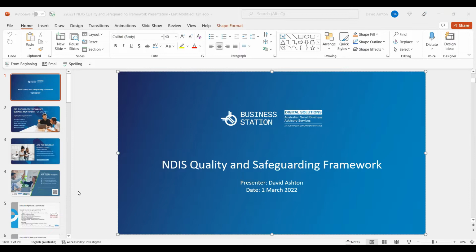The purpose of today's session is just to look at the NDIS Quality and Safeguarding framework. That's the basis upon which prospective disability service providers will be assessed. Policies, procedures, work instructions that they need to implement to first of all conform to the requirements of the standard. So in the first instance, you need to have the right documentation depending on the types of services that you're going to provide.